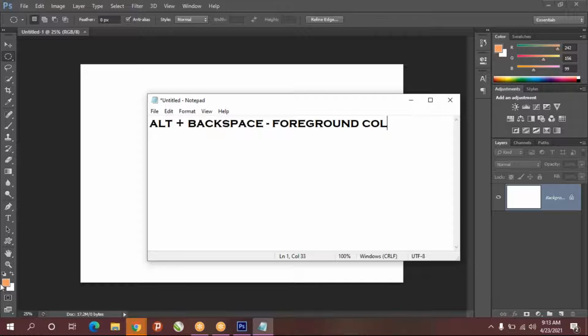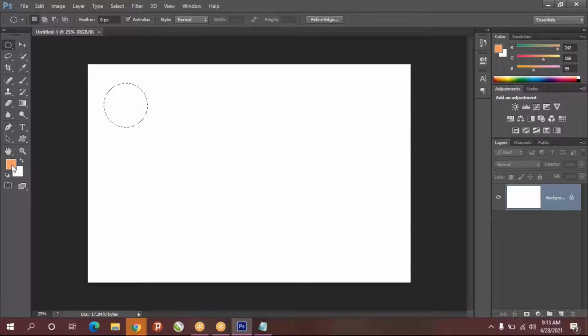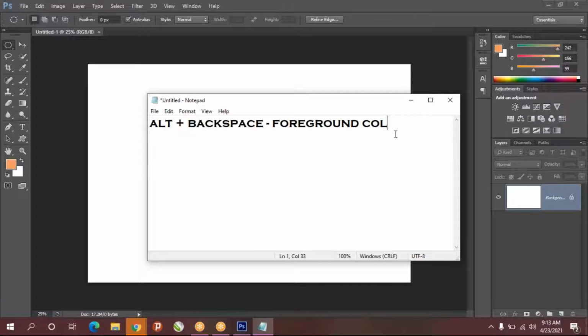Here you can see two colors, the one in the front is called foreground, and the second one is called background. Foreground color, background color, or you can call them first color, second color also. Further, the shortcut is Alt backspace, and Control plus backspace is for background color.